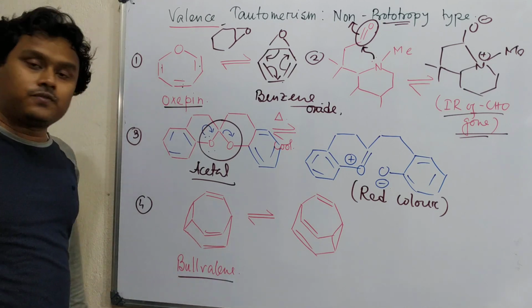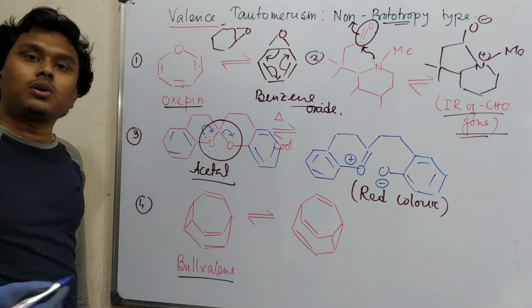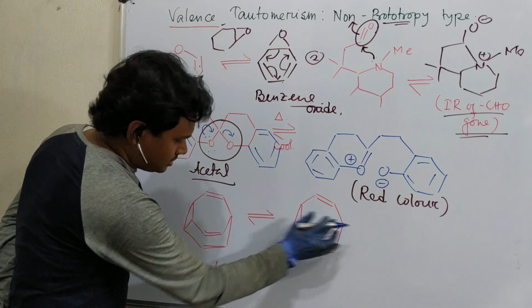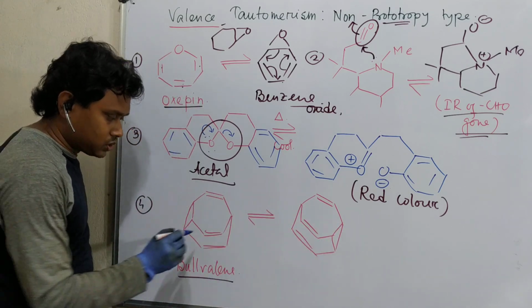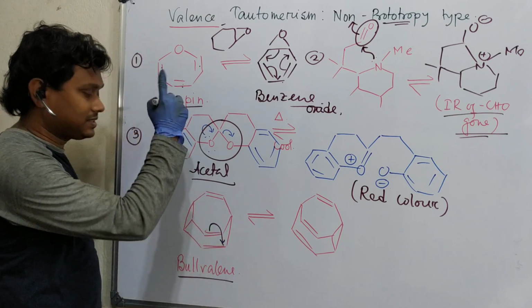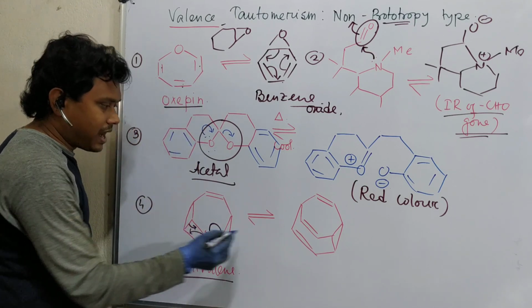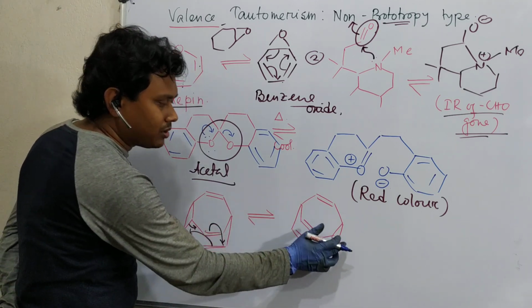Okay, so if this compound interconverts, see the bond organization change. What happens? In this case, look at the 3-member ring on this side; in the other case the 3-member ring is on this side. That is the difference. This bond comes like in the COT example, you remember, it comes here and this goes there. Ultimately this bond is broken and a new cyclopropane bond is produced.